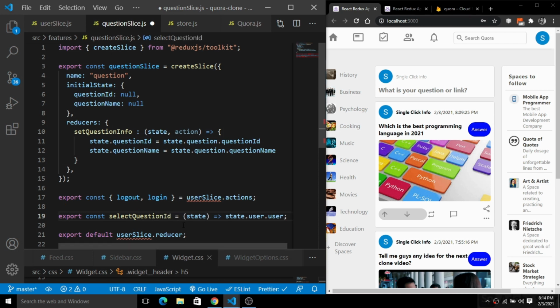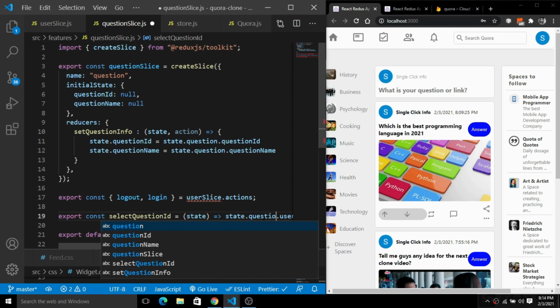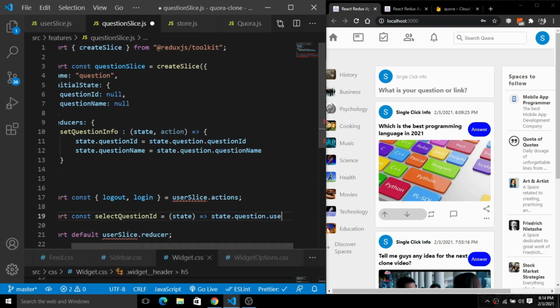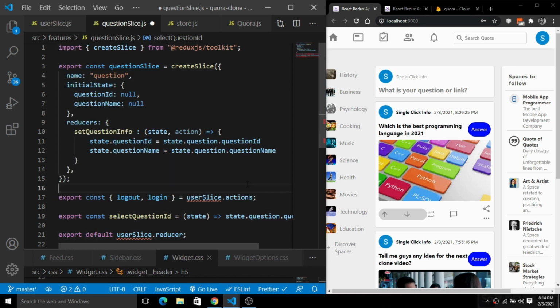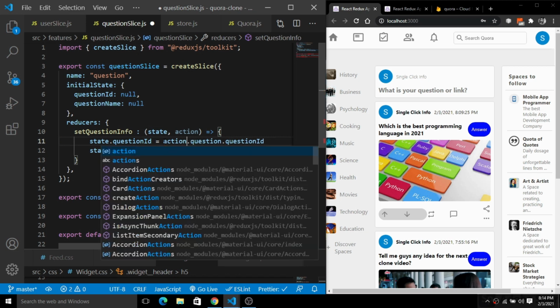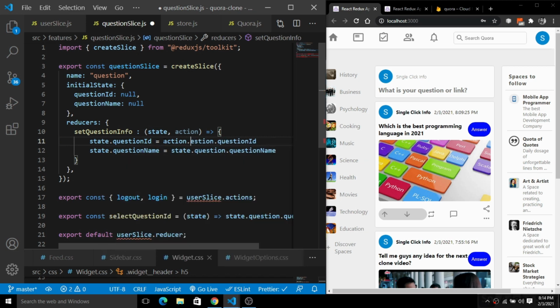Okay, we have this selectQuestionId, and here instead of this user, we will simply add a question, and after this question, we will simply push a questionId, just like this. Here we will simply use the action.payload functionality. So we have this action.payload instead of this question.